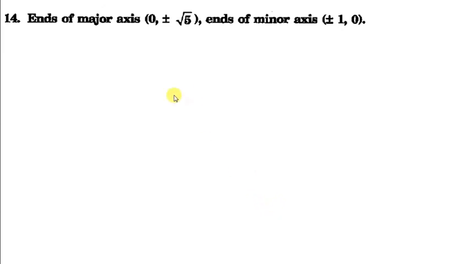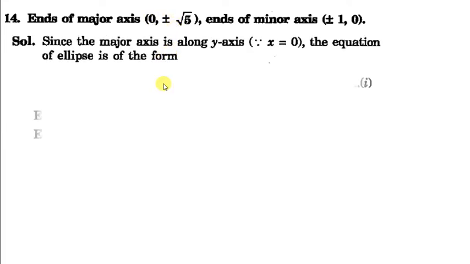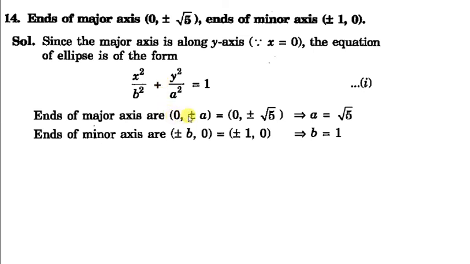Next one is, here the ends of major axis are given and the ends of minor axis is also given. Since the x coordinate here is 0, it means the major axis is y axis. So comparing it with 0, plus minus a, we get a equal to root 5. And comparing this with plus minus b comma 0, the ends of the minor axis, we get b equal to